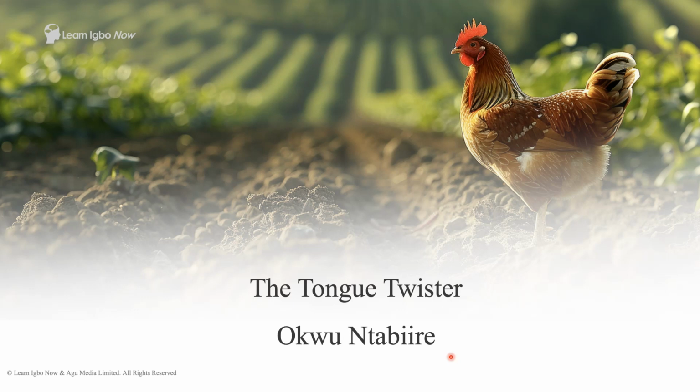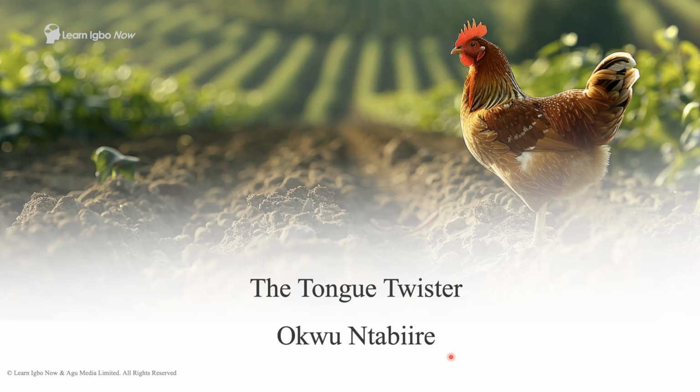And now for the tongue twister. With this tongue twister, I'm going to say it slowly, and then I'm going to say it quickly about 5 times. And your task, as we've done in previous tongue twister lessons, is to say it maybe 6 times as quickly as you can. But the more you say it, the more you can get used to it. You can say it 15 times, but for the purposes of recording, and if you're in a hurry, you can just say 6 times, but you can always come back to it and say it over and over again.